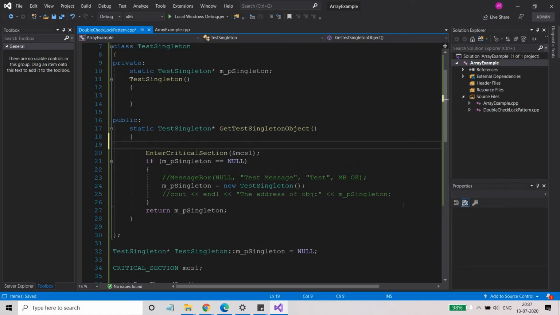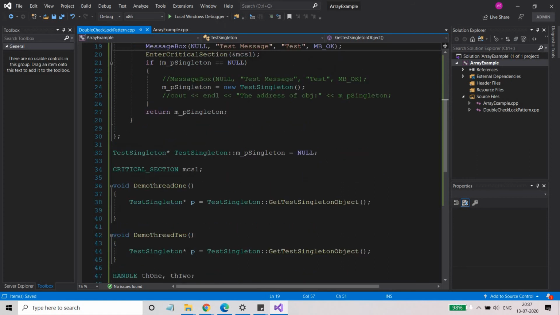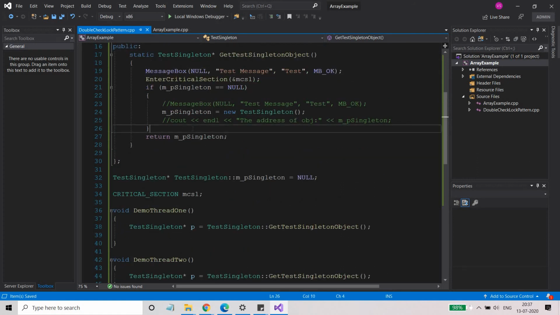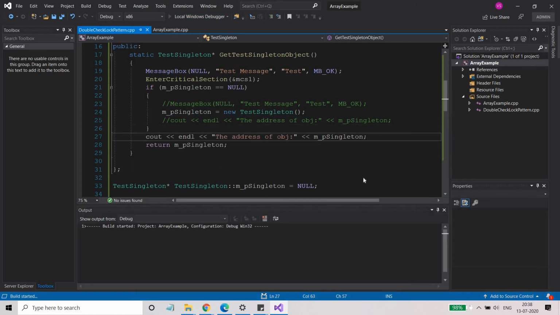So if I write like this, and before returning, if I write this particular line here, then let's see what happens to both the threads.